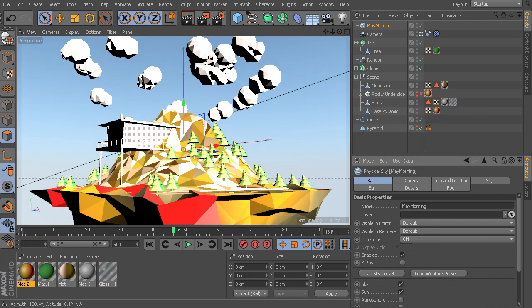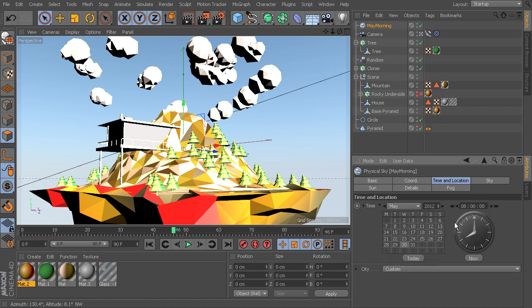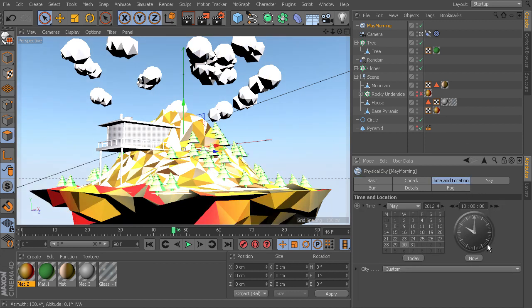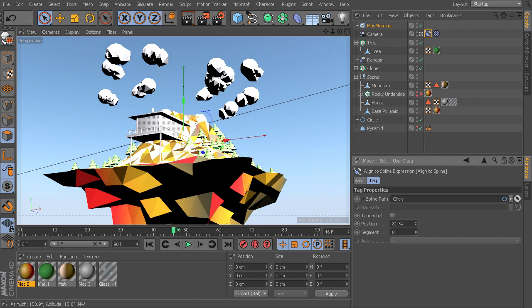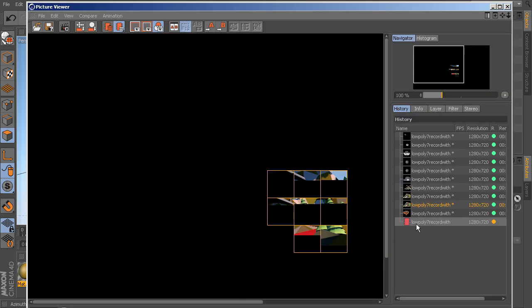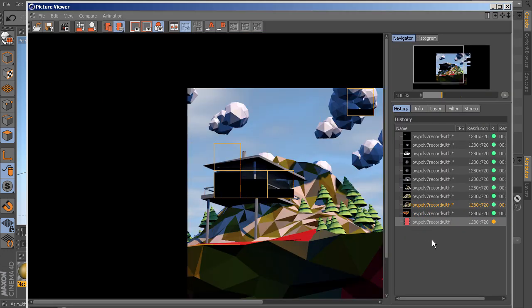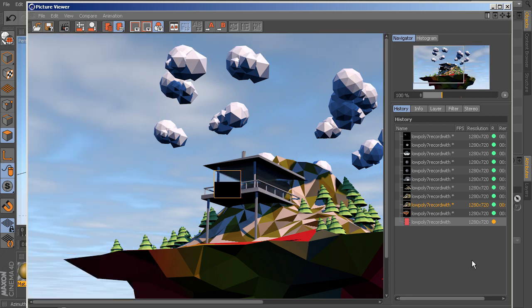But I find that just going in and choosing a really nice preset, and then choosing the right time and location can really help add to a shot where you might want some really special lighting. Something like this is really going to make a lot of difference by just going in and doing that. Now, one of the things you'll notice is that this background kind of clashes